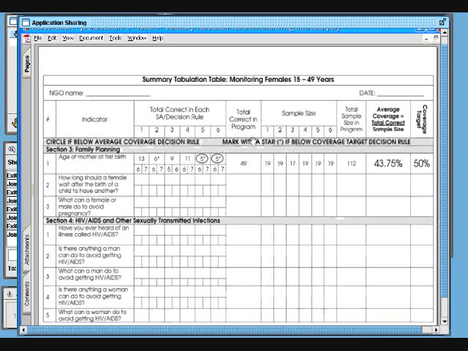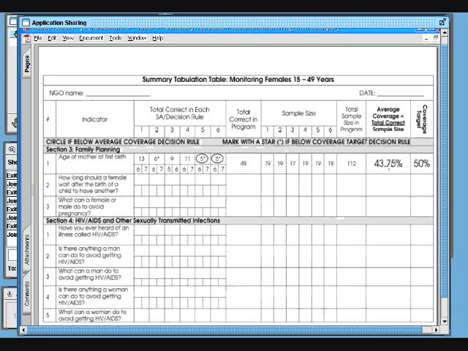With this information, we will be able to obtain the total number of correct responses in the program, and we should also be able to get the sample sizes per supervision area. Adding all these sample sizes, we will get the total sample size in the program, and then with these two parameters, the total number of correct responses and the total sample size, we will be able to calculate the average coverage, which for this example is